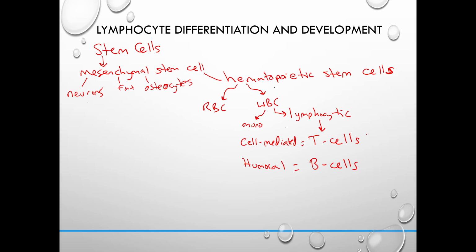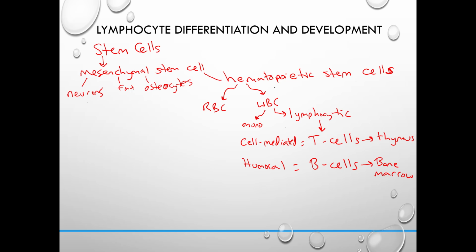T cells are going to go on to develop in the thymus, while B cells are going to go on to develop in the bone marrow. So we talked about the differentiation, and now we have to talk about the development. So when the T cells go to the thymus and when the B cells go to the bone marrow, they